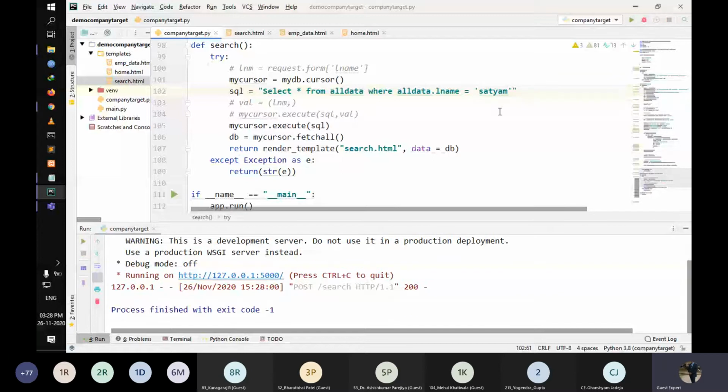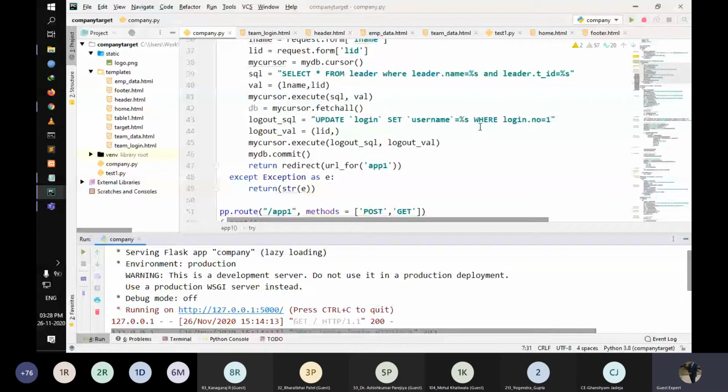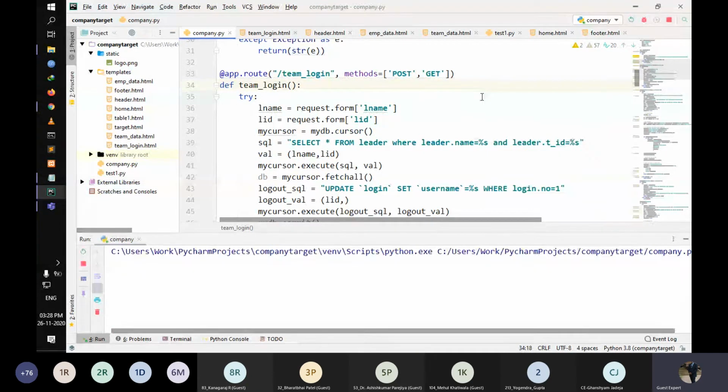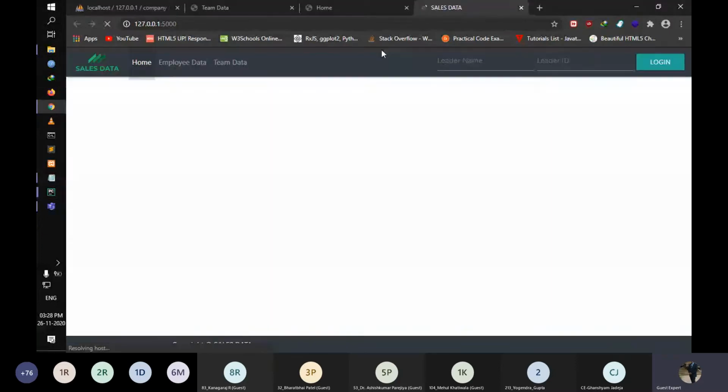Okay, so we're still facing the same issue. So we are just sorting it out and we will give you the answer why it is not working right now. So just showing you the previous project that we have done. It's basically almost similar here. So let's run this one. You can see the SQL query here. We are not using anything else. It's literally the same query we are entering, but this one works and that doesn't work somehow.